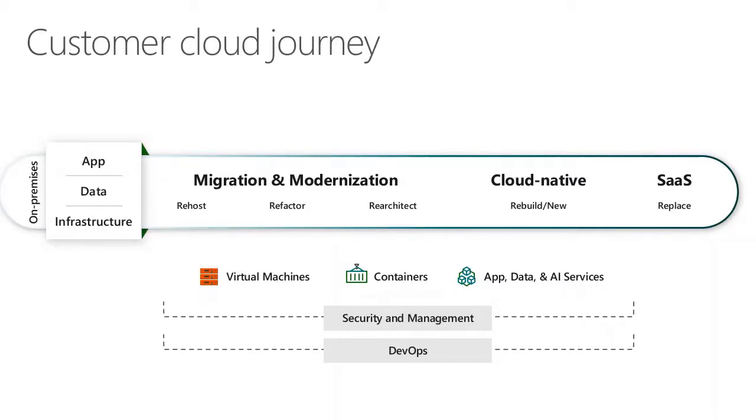A perfect example here is, let's say you have an old email server that runs on Microsoft Exchange. You can choose to rehost that application by simply creating a virtual machine to run your Exchange server on. You can also dump your Exchange server and just replace it with Office 365. So that's one example of this cloud journey. As you go through this journey and classify applications across whether you do rehosting, refactoring, or re-architecting, you can use virtual machines, containers, and different applications and services, but the common things that wrap around them are security and management. And in the case of custom-made applications, create a developer operations construct